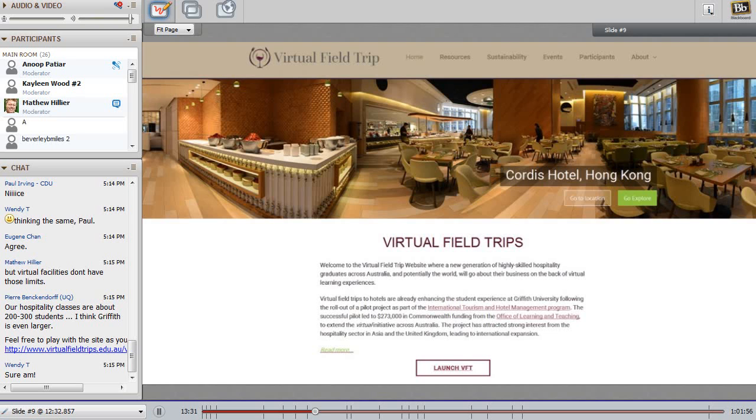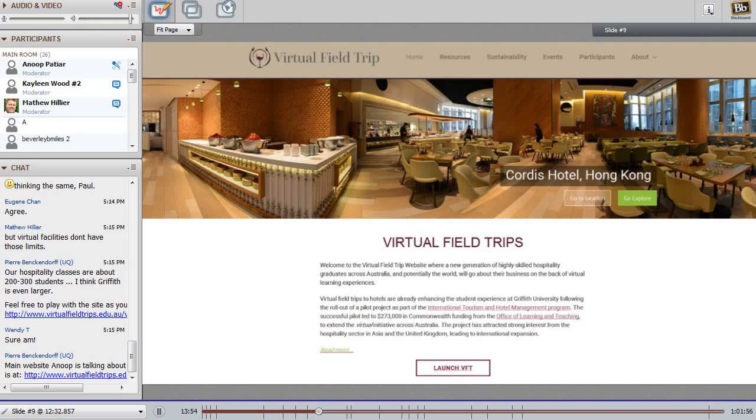Then you see that there are various tabs on the top row. The first one, we are on the home page, and it provides a brief description of the project, and there is a tab which indicates launch, and as soon as you hit that tab, it launches the virtual field trip.